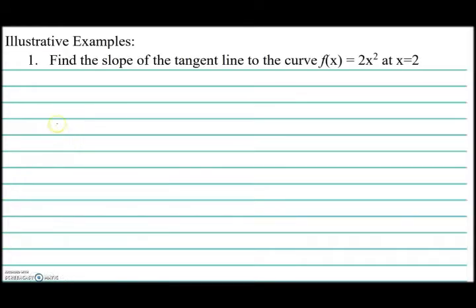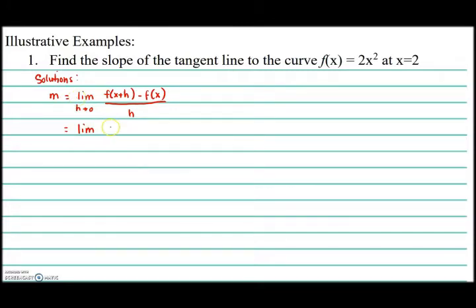So let's have example 1. Find the slope of the tangent line to the curve f of x equals 2x squared at x equals 2. So we said a while ago that the slope of the tangent line is equal to the limit of f of x plus h minus f of x all over h as h approaches 0. Okay, so we have now the limit